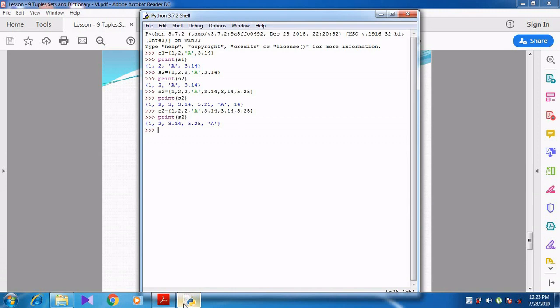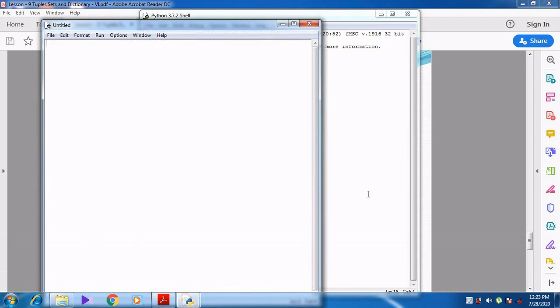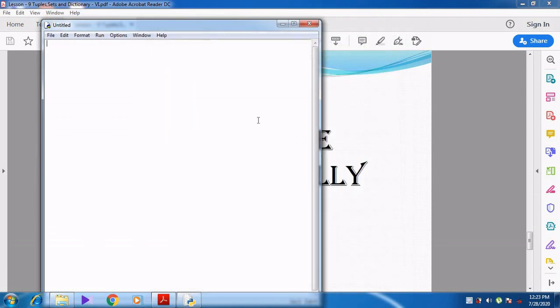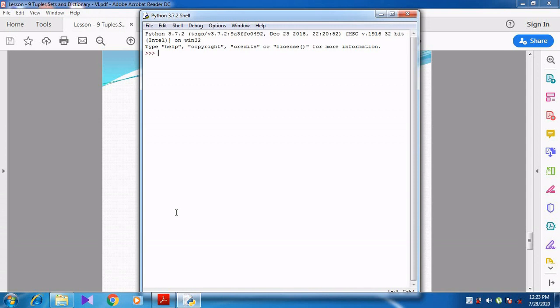Right. Now I can show you in Python ideally. First create the list. So my list equal to, within square brackets, 1, 2, 3, 4, 5. I am just creating 5 elements, and then I am going to create my set.